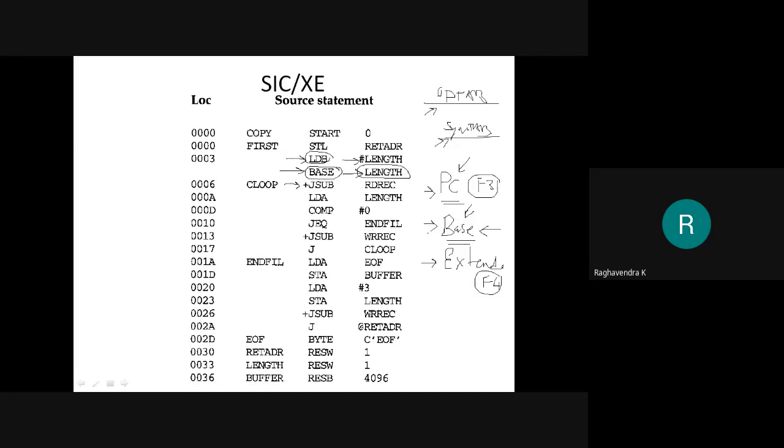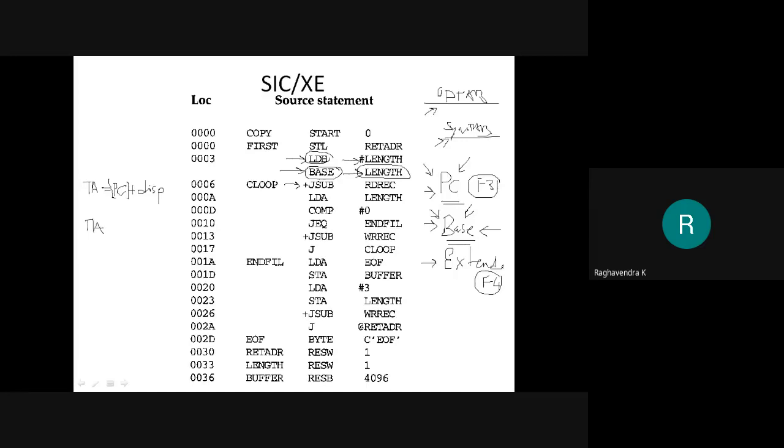So base register has to be filled up by the programmer, and it has to be intimated to the assembler that this is the value that has been loaded into the base register, so that if the assembler can't assemble the instruction using PC, then it can do it using base relative addressing mode and with the contents of base register, because you know how the target address is calculated. If you are using the PC relative addressing mode, target address is content of PC plus the displacement, right? So we are supposed to calculate the displacement, so we use this formula for that.